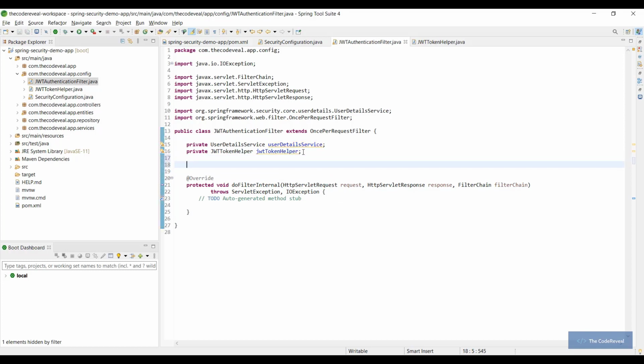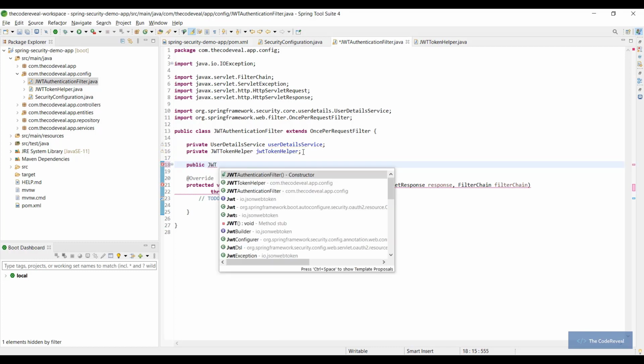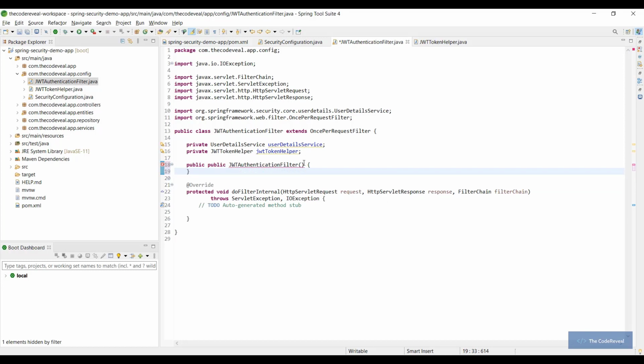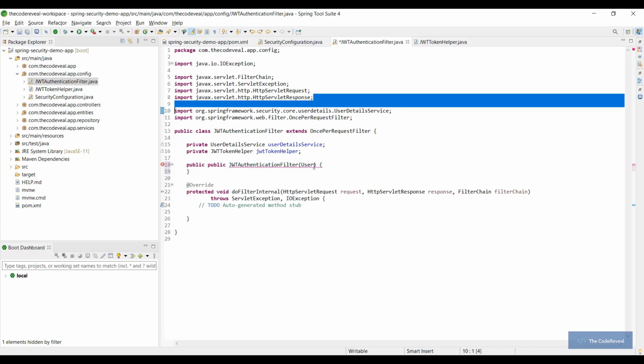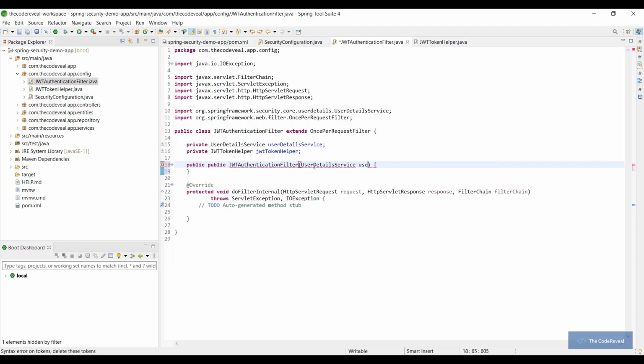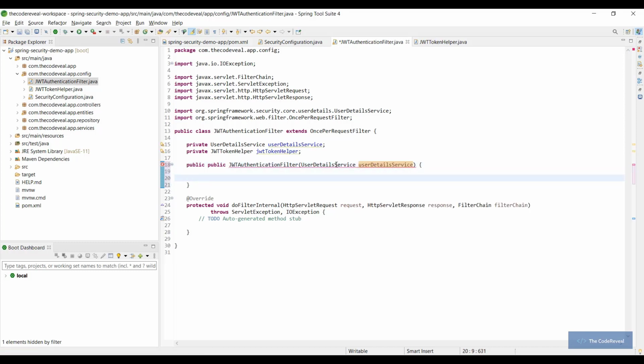Okay. And here we'll write one constructor. In this constructor we pass the UserDetailsService,